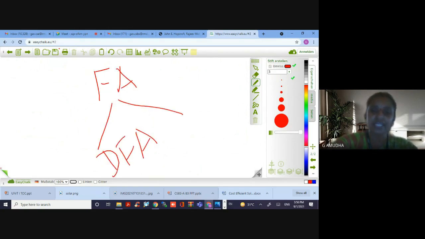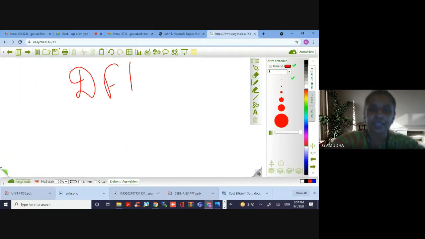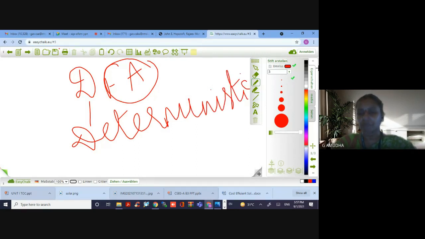One is termed DFA, the other NFA. What is DFA? FA is finite automata. D represents deterministic, so DFA is deterministic finite automata.